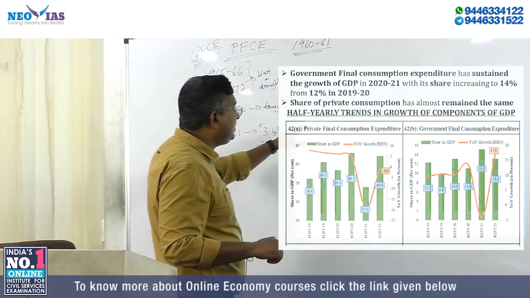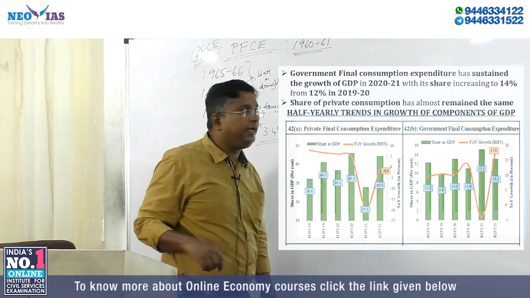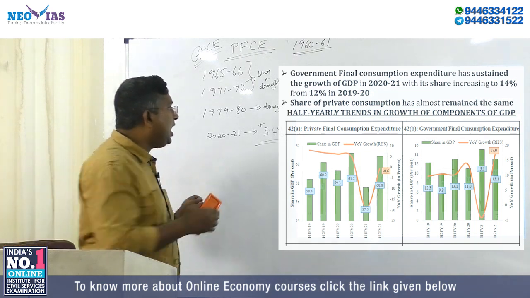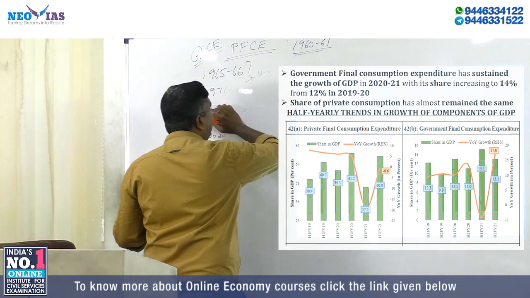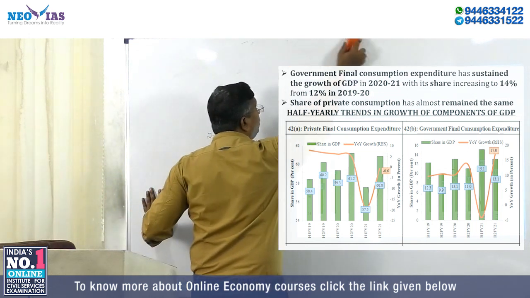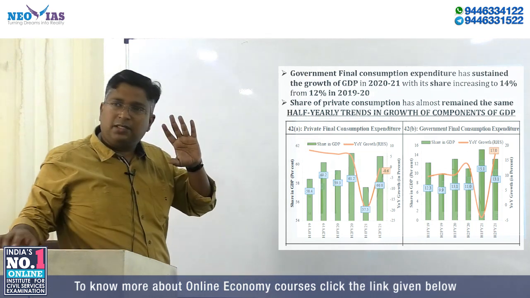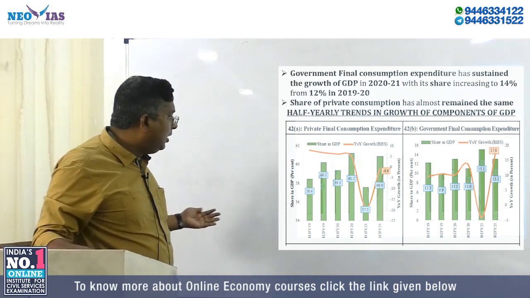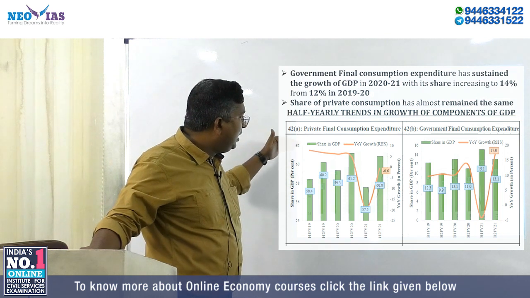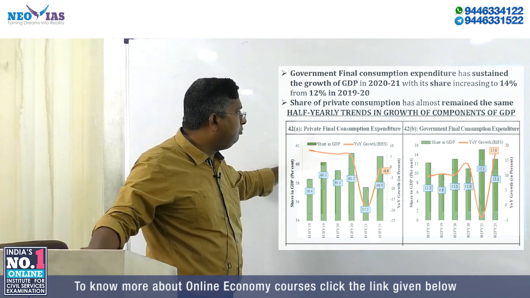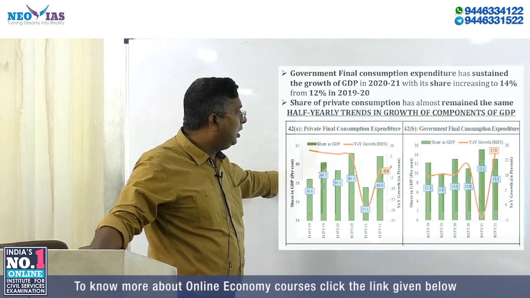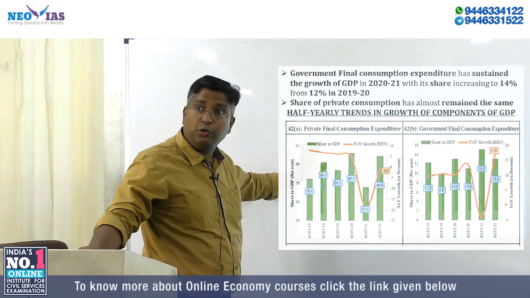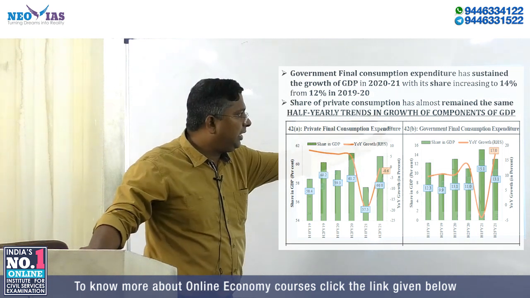Now again, don't get confused, this is a half yearly trend. The earlier trend we have seen is a full year trend. Since the economic survey is discussing it, I also have to discuss it and you should also know about it. Just read once and understand it. If a question comes, you can easily answer it. Just for your knowledge, they are dealing with two major expenditures. One is the private final consumption expenditure. What is this? It is the household expenditure only. And the other is the government final consumption.